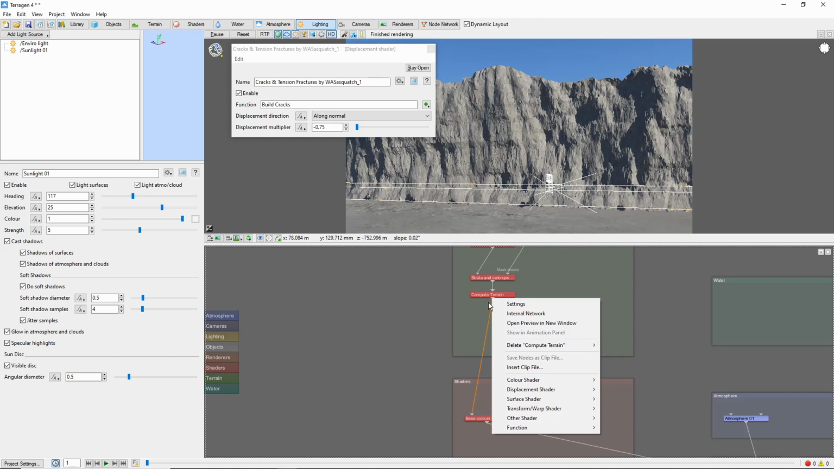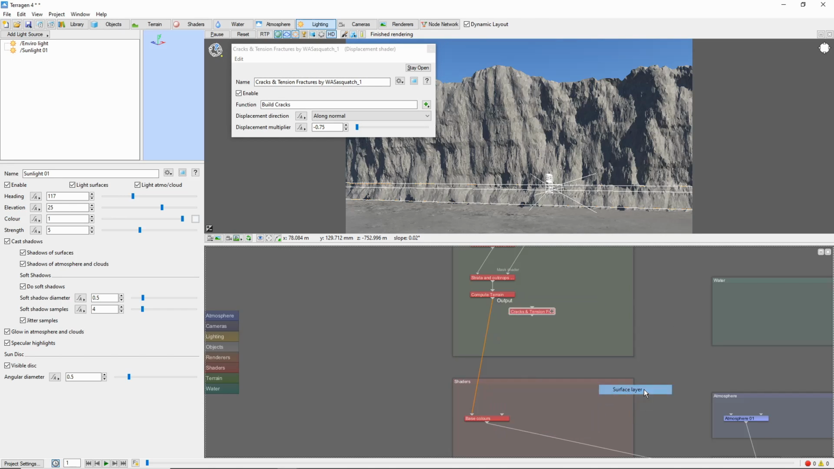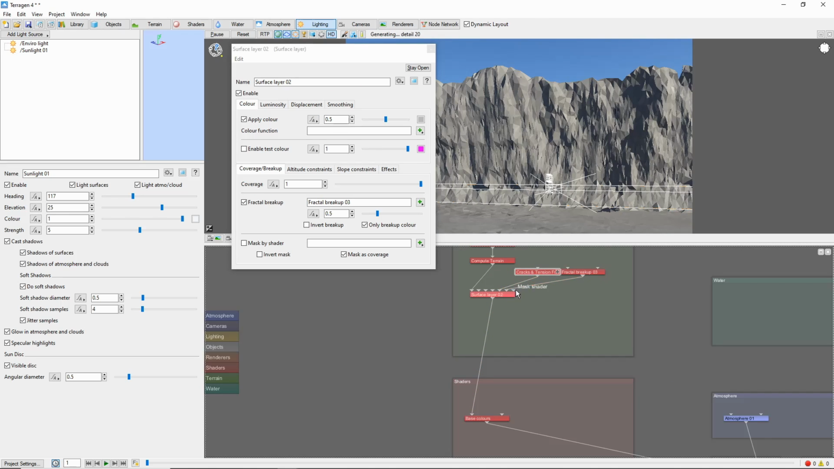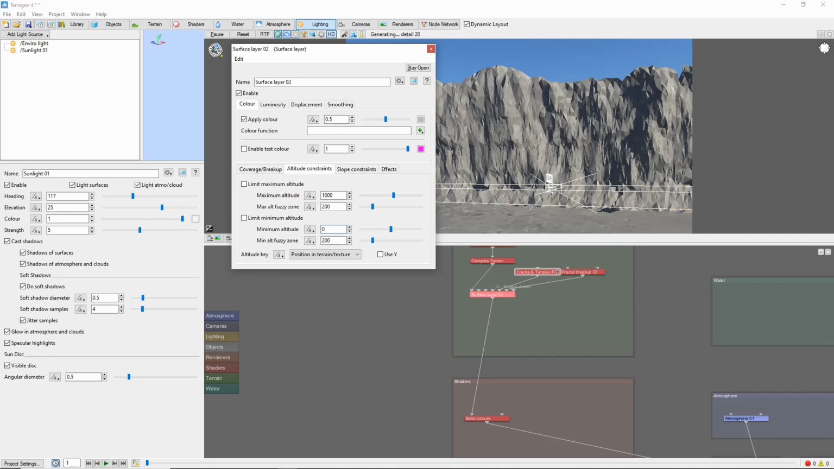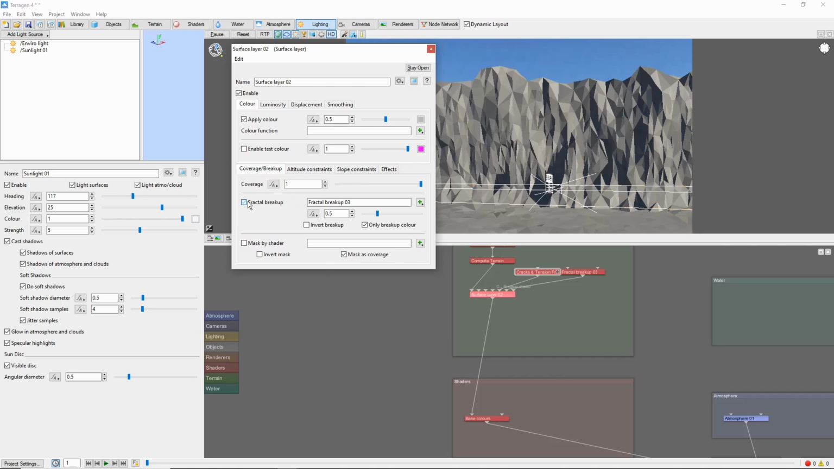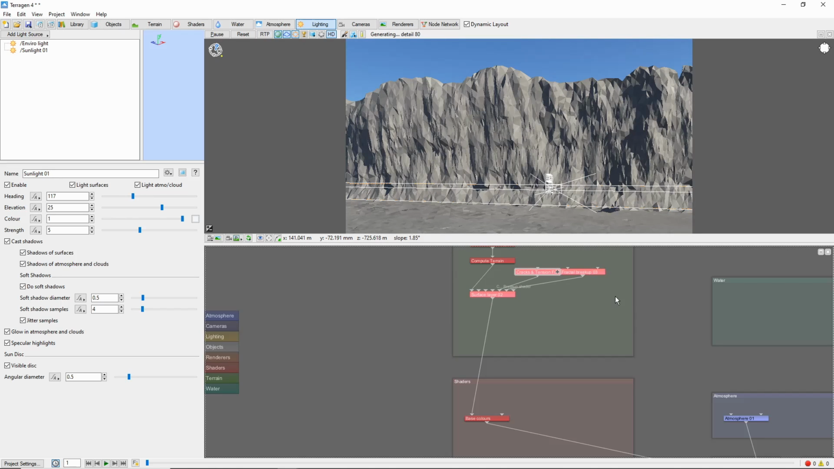I'm going to set this as a child to a surface layer so that I can limit the minimum altitude. Though we'll turn off the fractal breakup here. Then, I'm going to create another copy of the whole thing